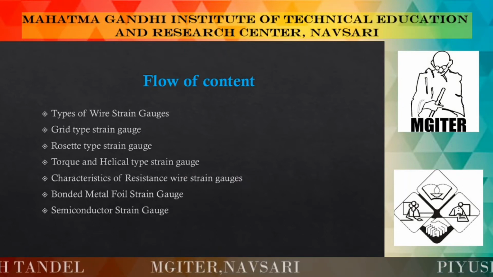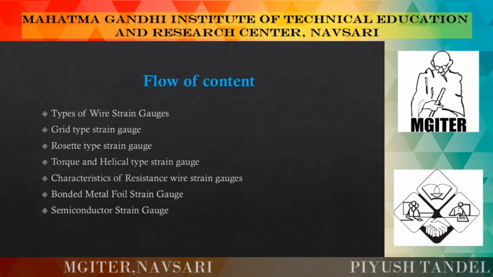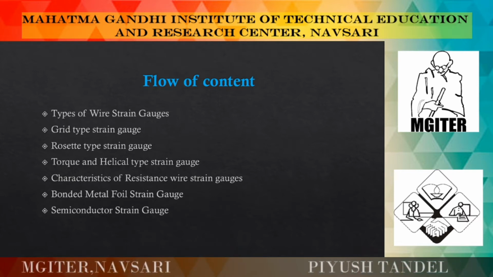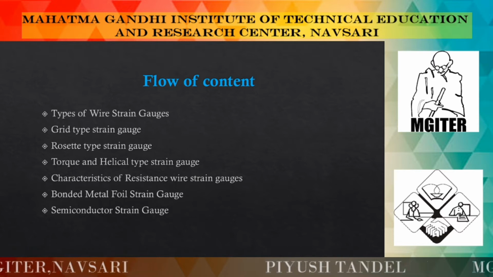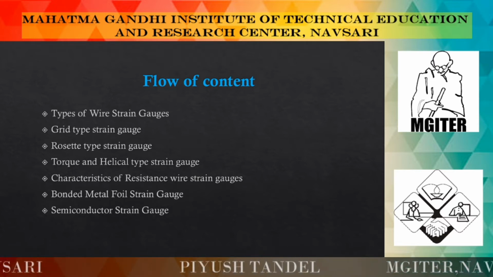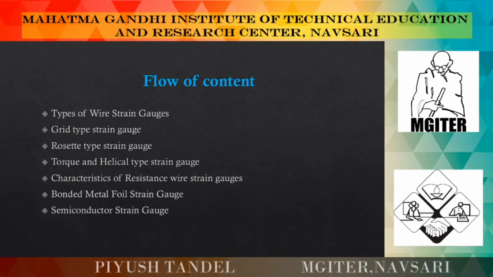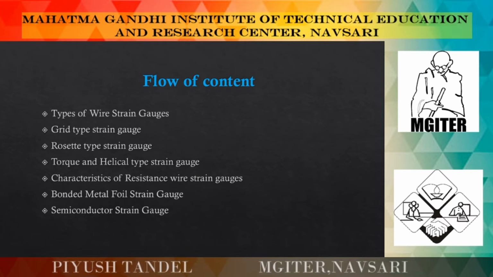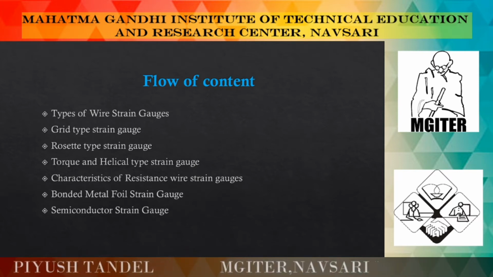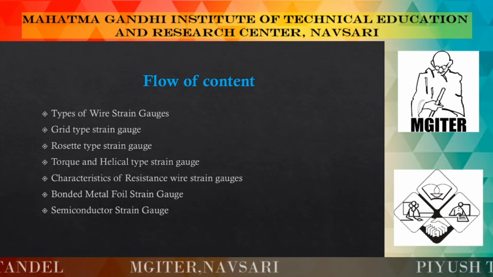Okay, first of all we are going to see the flow of content. In this video lecture we are going to see the types of strain gauge. After that, grid type strain gauge. Inside of that, a rosette type strain gauge, torque and helical type strain gauge, characteristics of a resistance wire strain gauge, and then after bonded metal foil strain gauge, and last one, that is the semiconductor strain gauge. So let's get started with the